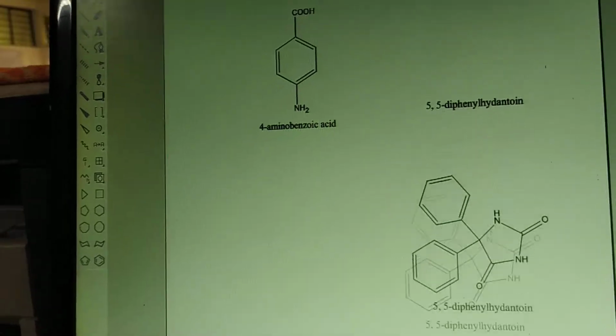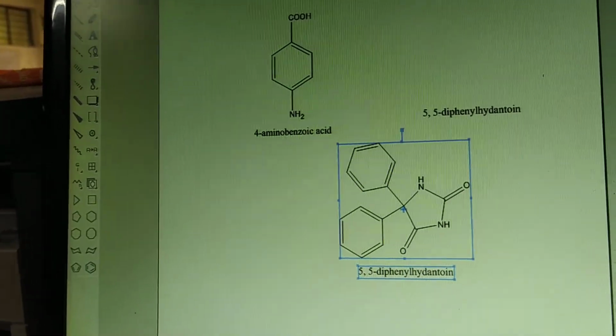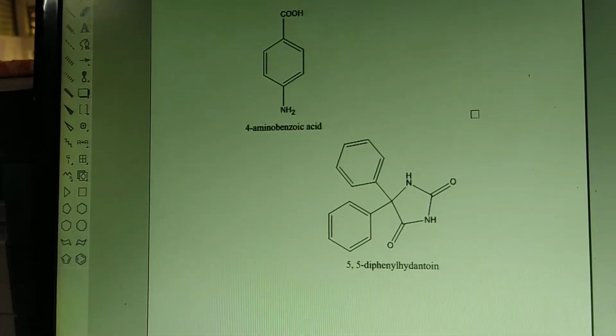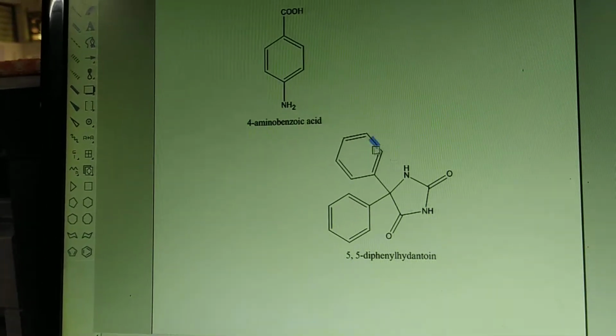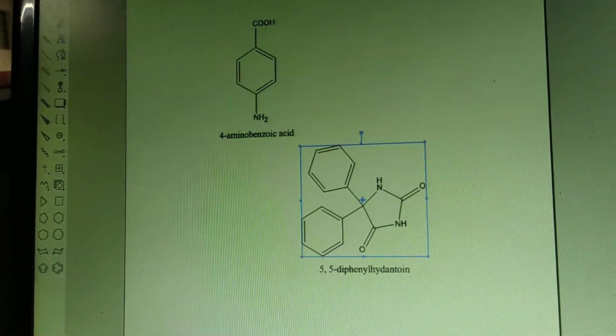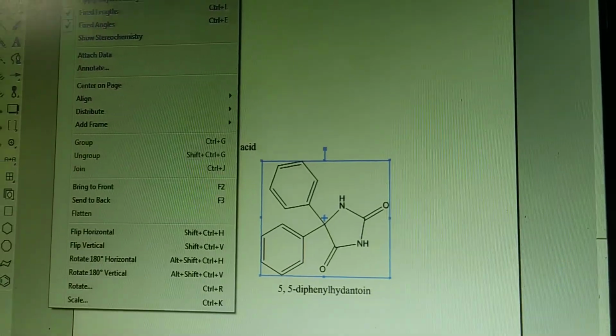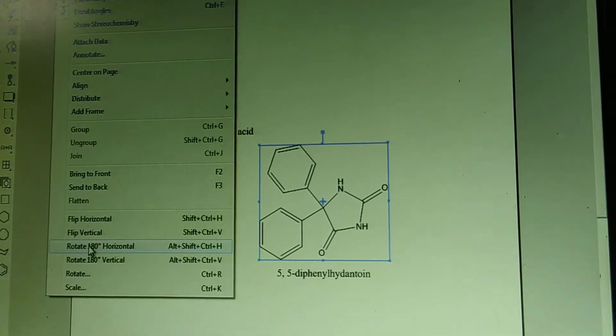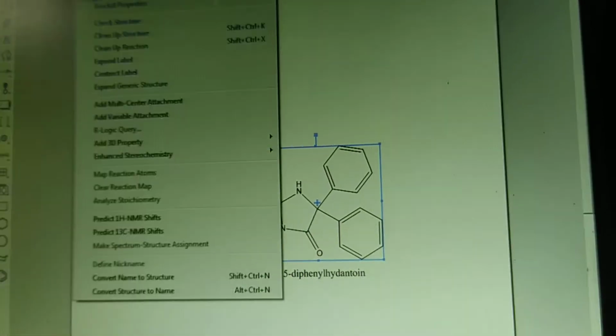You can move the structure anywhere in this. Now I don't want this name, so I am just selecting this and just go for delete. So likewise you are getting the structure. Now I am selecting the structure and want to rotate, so go for object, means I have selected the one object, that means structure, and rotating it. So likewise I got, but is it a good structure or fixed? So go for cleaning up this, so I am going for cleanup. So this is the suitable cleaned-up structure of what I got here.